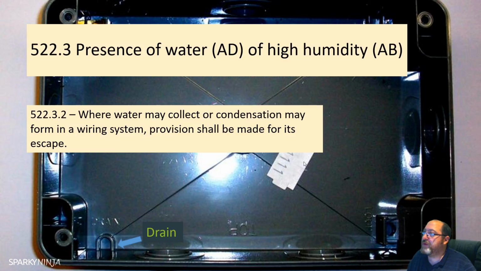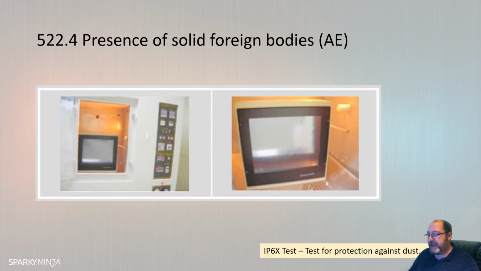Okay, we then have solid foreign bodies, AE. This illustration just shows you how IP6X is tested in the laboratory. That's all this is showing you, okay? Wiring systems shall be selected and erected so as to minimize the danger arising from the ingress of solid foreign bodies. The completed wiring system shall comply with the IP degree of protection relevant to the particular location. Now, we most often have to consider moisture with regards to swimming pools, bathrooms, outside installations. We don't often have to compromise for solid foreign bodies other than the IP2X, IP4X, mainly because the moisture consideration has covered it. But there are some circumstances, such as